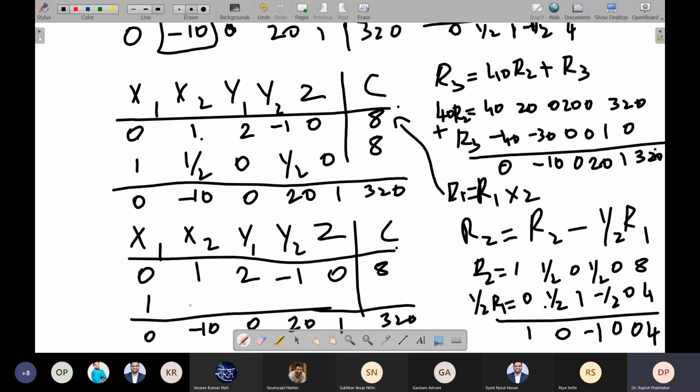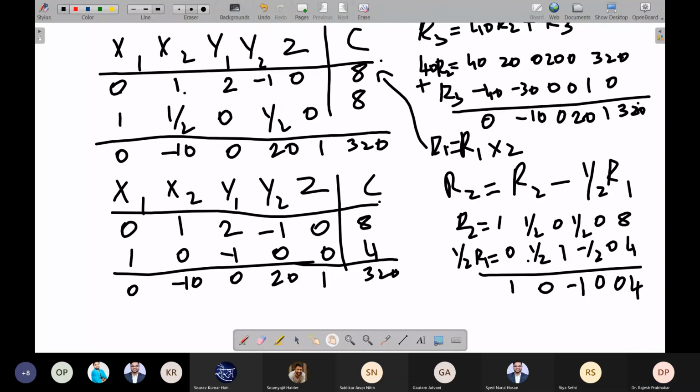Now the second row changes to 1, 0, minus 1, 0, 0, 4. Right? Yes, sir.